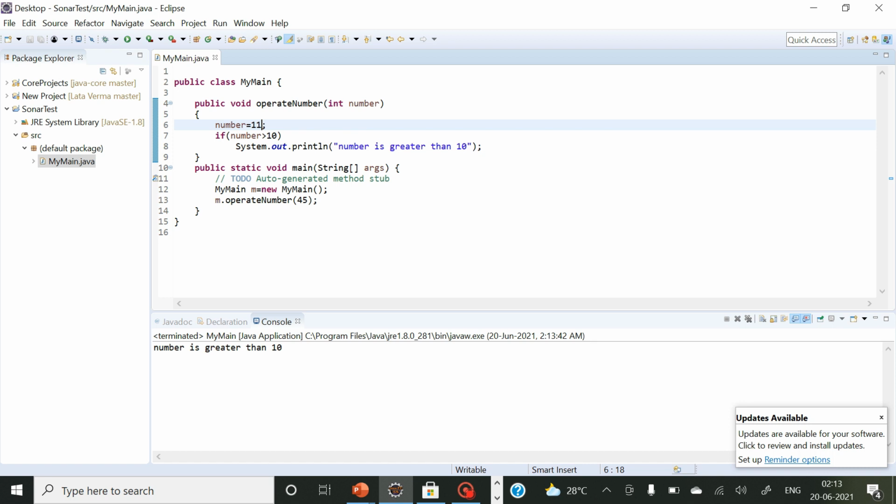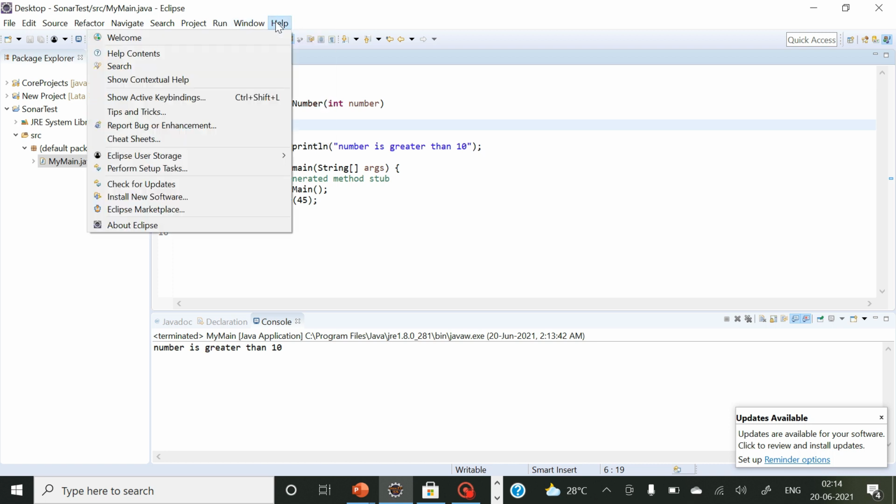But of course, if I assign a different value to the same parameter, there is no use of taking this as a parameter. The compiler cannot sense it, but a static code analyzer like SonarLint can analyze it. So for that I need to have SonarLint in my Eclipse IDE. Right now there is no plugin like SonarLint added to my IDE, so I am supposed to do that. So let me do that.